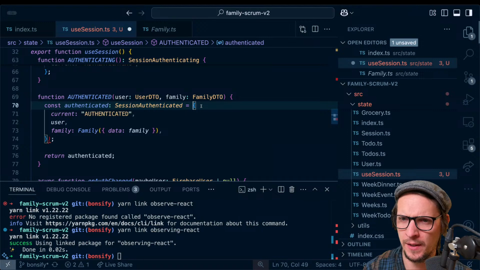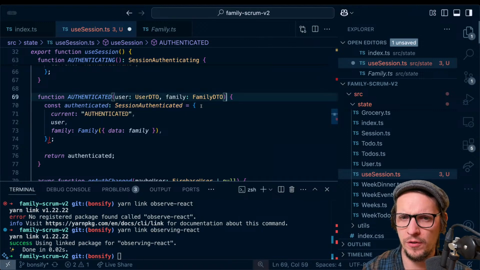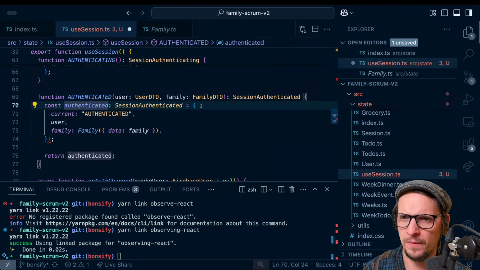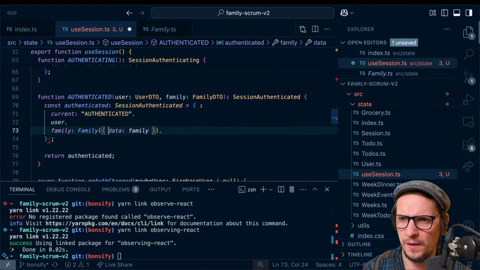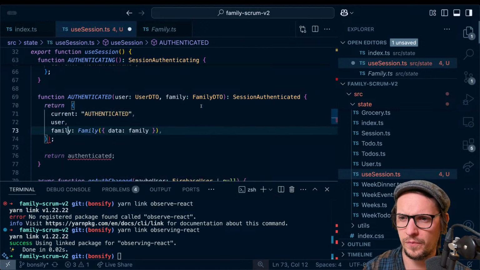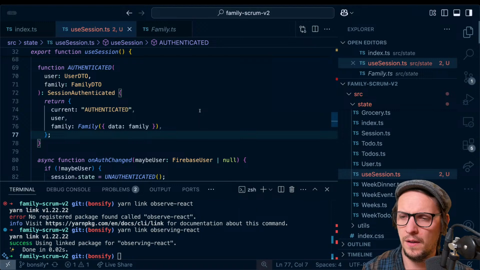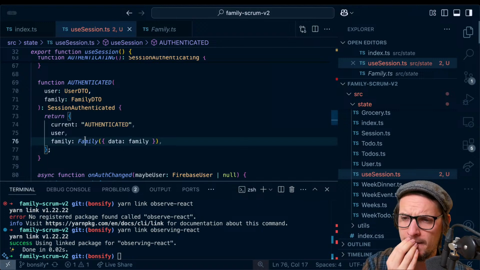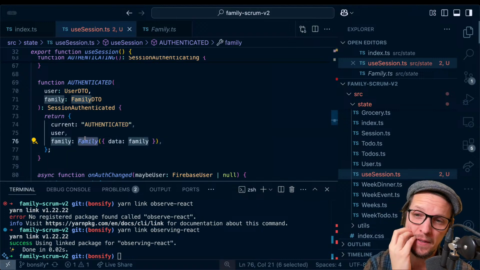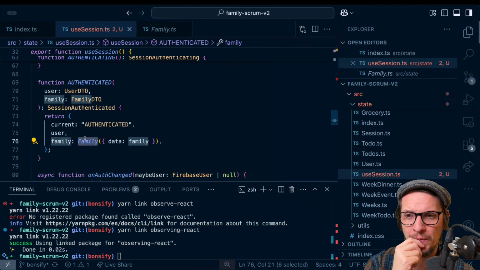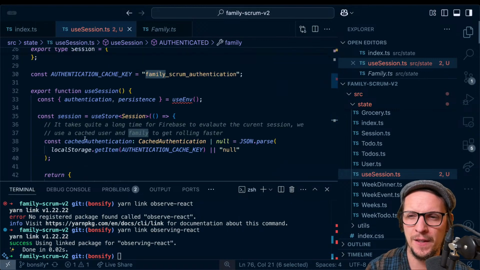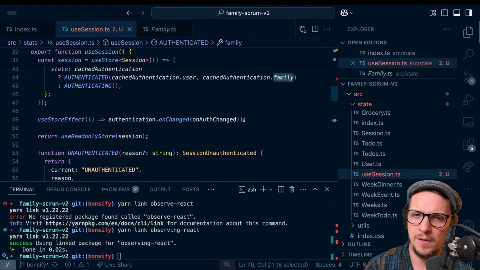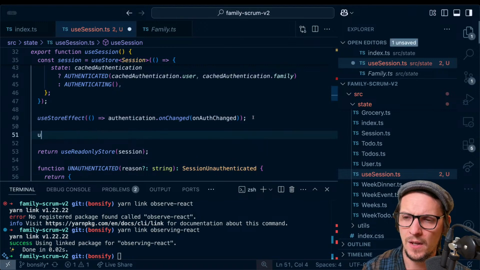So the point here as well is that I could just return this. I don't actually need to do this. But I would not be able to set up anything. So I guess one thing I could do though, it still kind of bothers me. I think we can continue exploring, but what I could do is use store effect